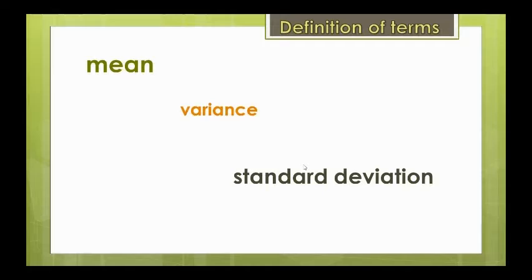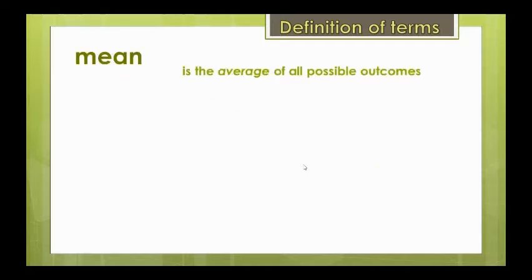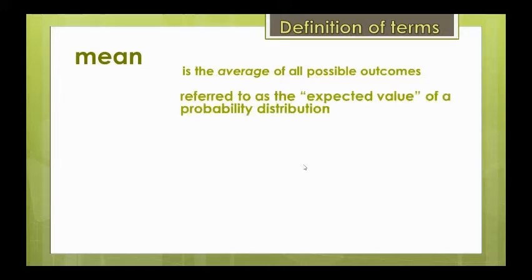What is the mean? The mean is the average of all possible outcomes. It is otherwise referred to as the expected value of a probability distribution. When we say expected value, it means that if we repeat any given experiment infinite times, the theoretical mean would be the expected value. For instance, the mean of